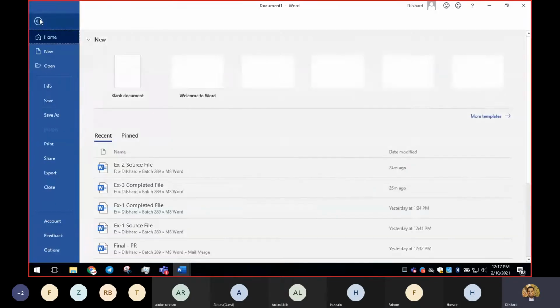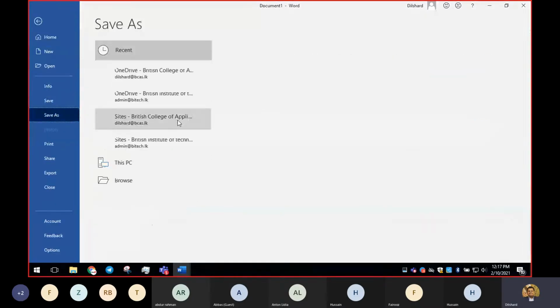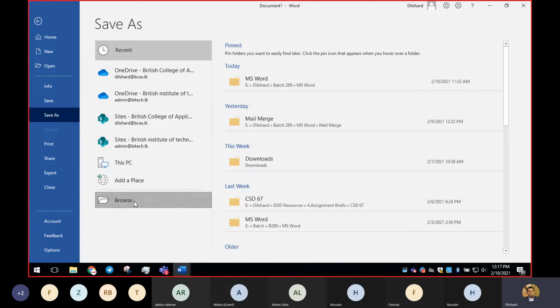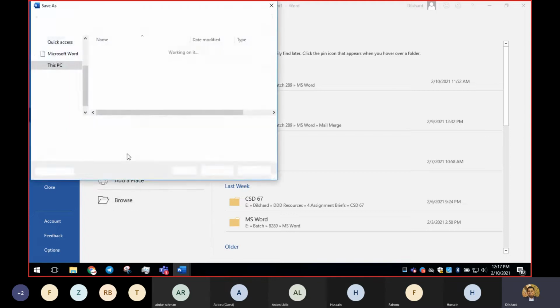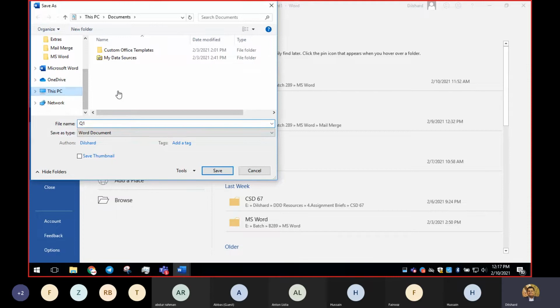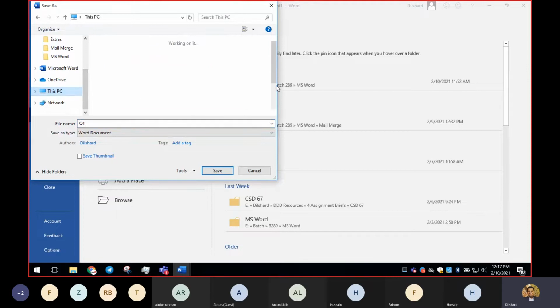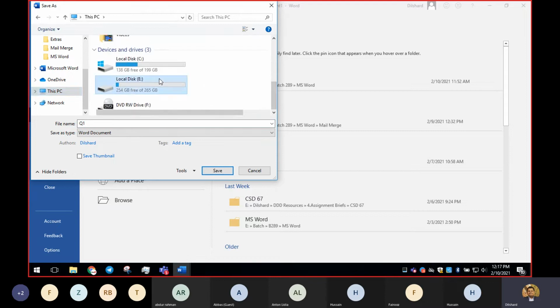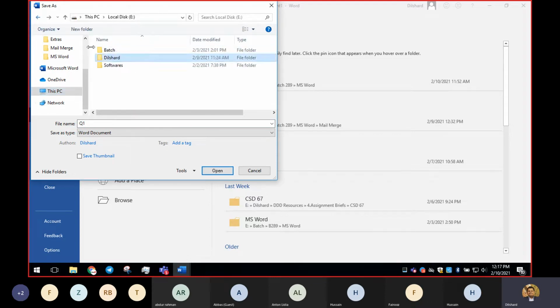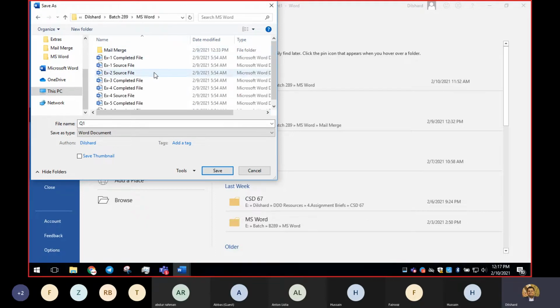So I'm going to go to File, then Save As, and select a location. I'll click on Browse and select This PC. I'll go inside this folder, and we have the ex2 source file, and I'm going to replace this with the ex2 completed file.